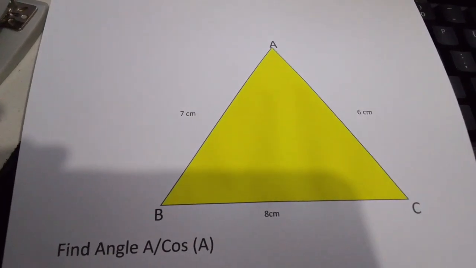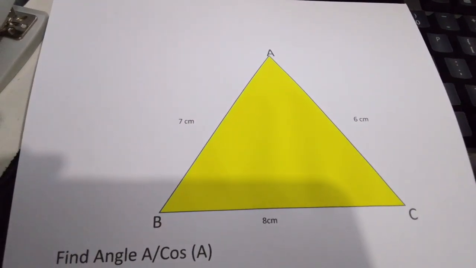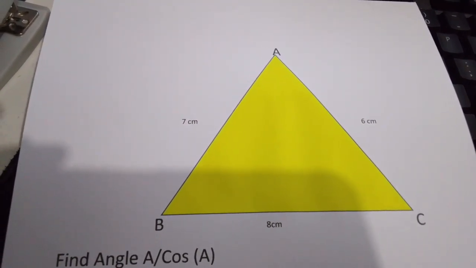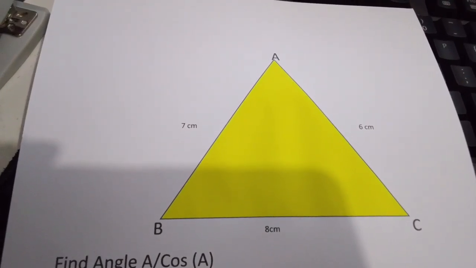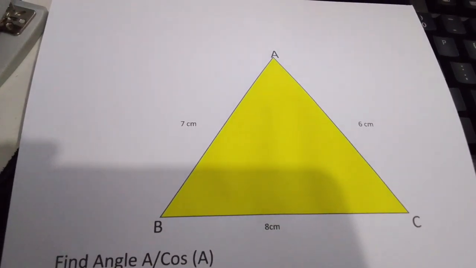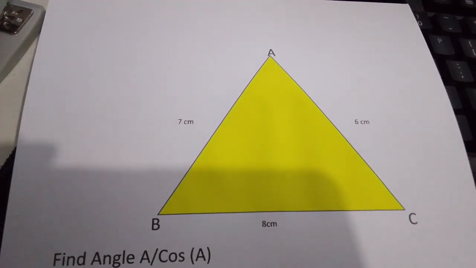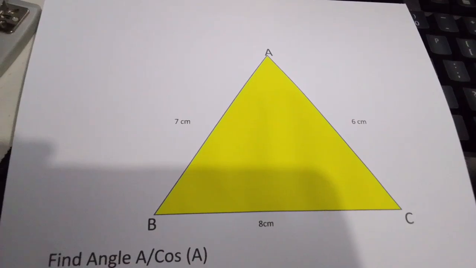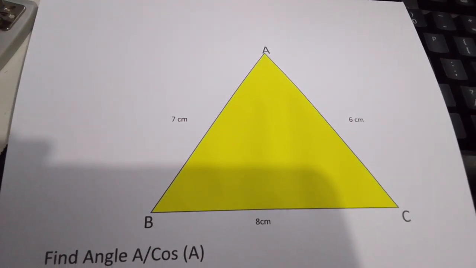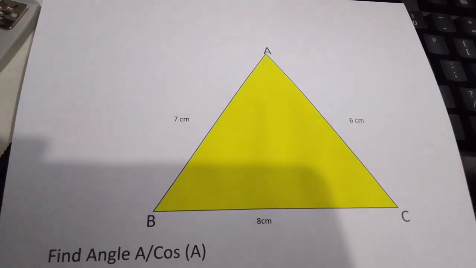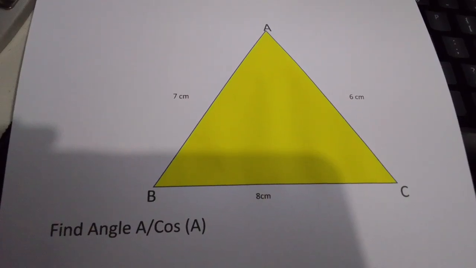So today we have an oblique triangle, and we're dealing with the cosine law, or the law of cosines. Specifically, this is about the type of problem which involves the three known sides, or SSS. We have the three sides: the 7 centimeter side C, the 6 centimeter side B, and the 8 centimeter side A. The problem is to find the angle A, or the cosine of A.